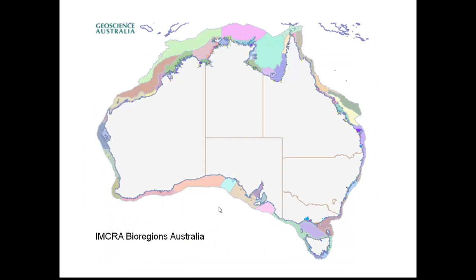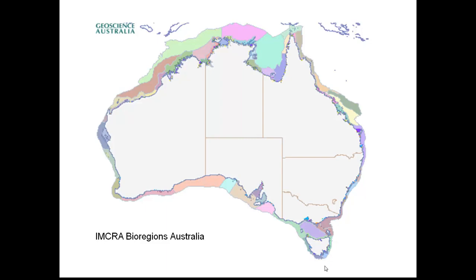At smaller scales, we can consider bioregions, and this particular slide here shows the IMCRA bioregions of Australia. IMCRA stands for Integrated Marine and Coastal Regionalisation of Australia. And if you count up each of these coloured bits, each of which is a bioregion, you would see that there are 41 provincial bioregions in Australia. This particular scheme was revised in 2006 to the form that we see today. And it is based on available information on the distributions of species, in particular habitat-forming species,